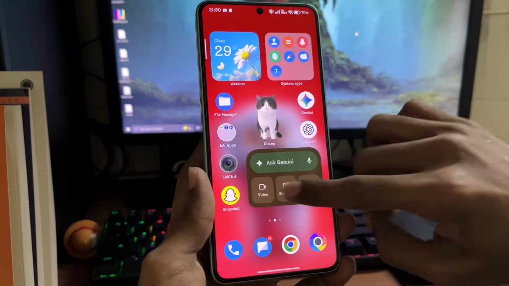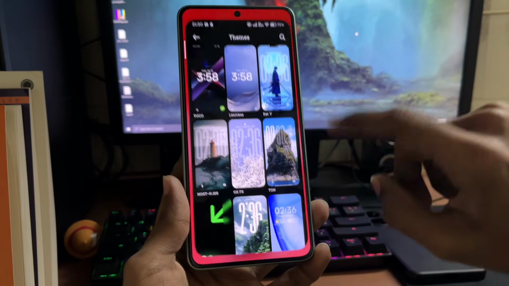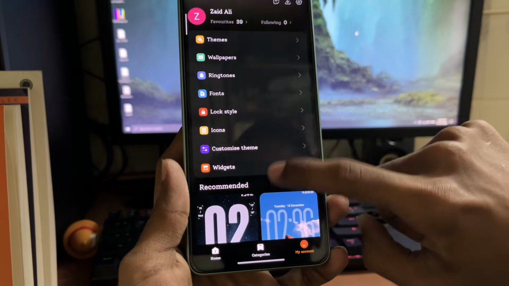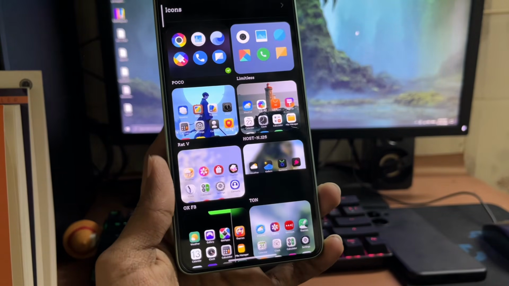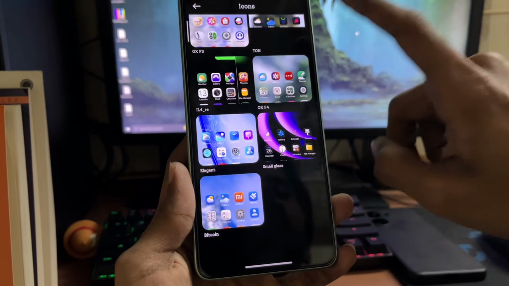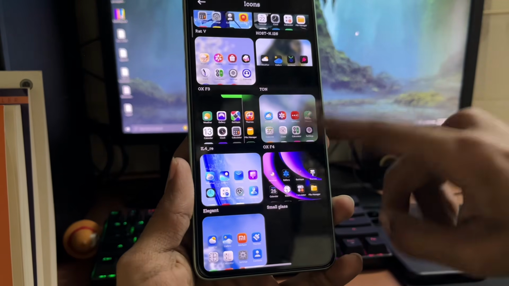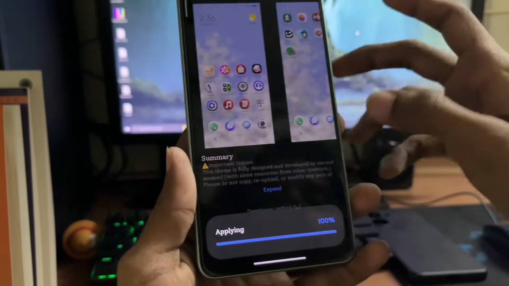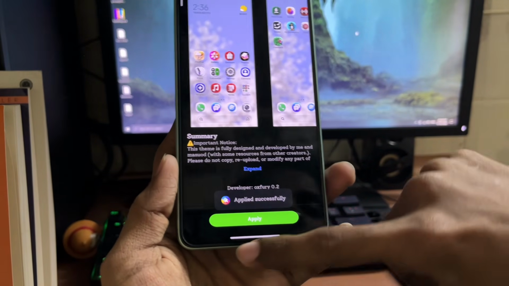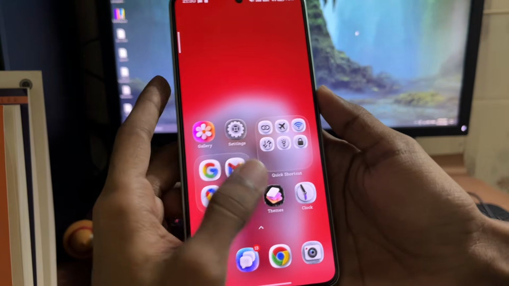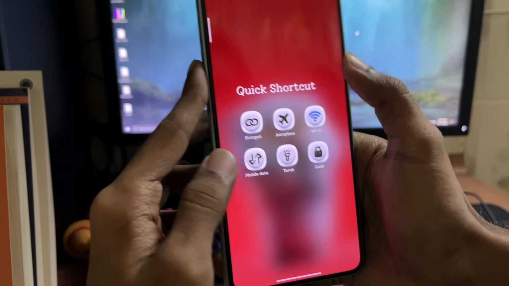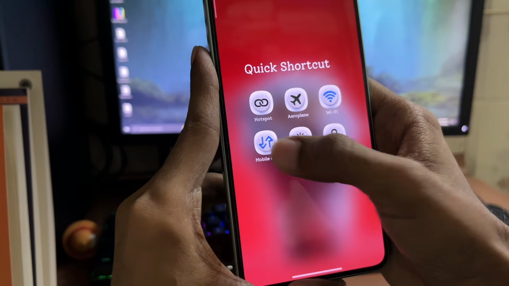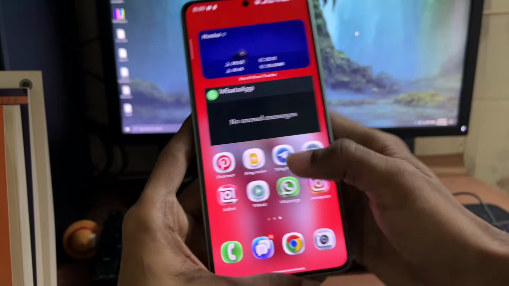It looks very boring, so to do that, open your Themes app and download any of the themes. When you open it, go to my account, and then go to your icons. Here you can see many of the icon packs of the themes that I have already downloaded. In this case, I'll be applying this furry icon pack of Samsung. All you have to do is click apply. The icons have changed, and now it looks amazing.